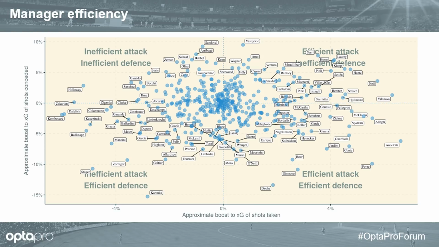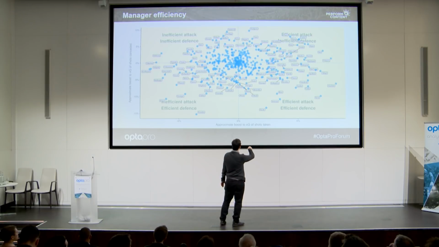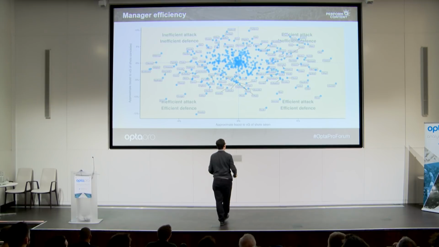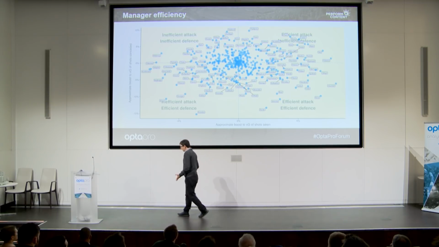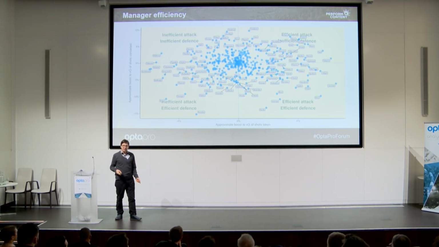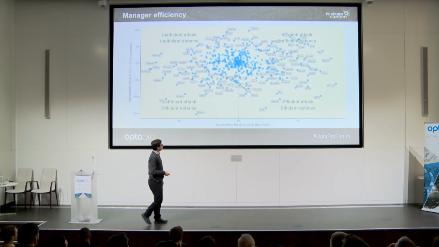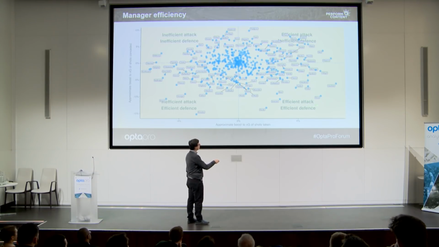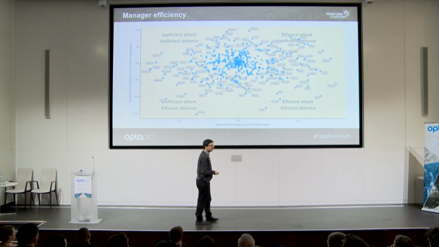So in the middle, you have all those unlabeled points, and these are the managers that the model just thinks are average. They concede as many goals as expected goals, and they score as many as they produce. But the outliers from that cloud here are quite interesting. The quote-unquote good quadrant is here in the bottom right. Here you have managers who increase the XG of the chances that they produce and decrease the XG of the chances that they concede. And overall, the best manager in this sense is Lucien Favre.